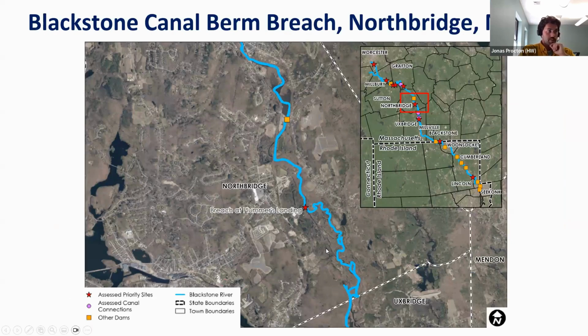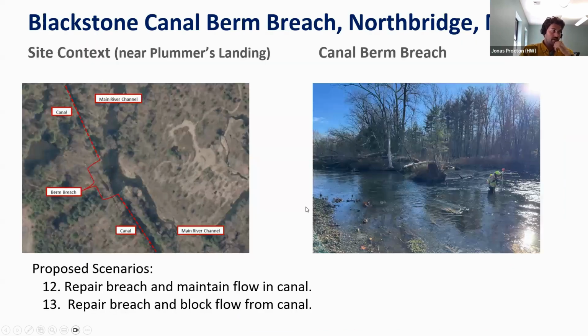Next up, this is not a dam. This is looking at this breach in the berm separating the river from the canal, kind of near Plummer's Landing. So Plummer's Landing and North Bridge is right here, this bridge crossing. Just downstream of that, maybe 2,000 feet downstream, is this breach, and here's a better look at it. From the aerial, you can see the river channel, which bends through here, flowing